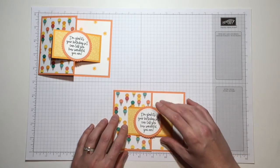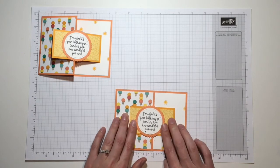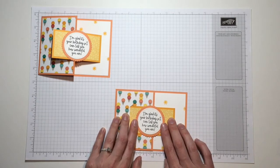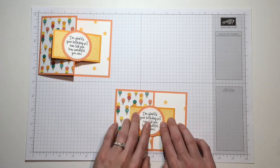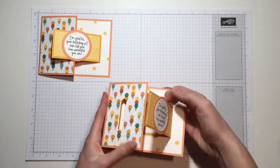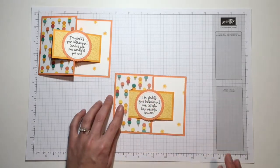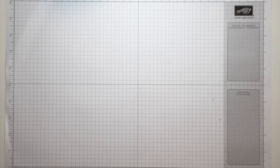And the part that I'm looking at for centering is this designer series paper. Apply some pressure, and our fun fold design is complete. I absolutely love this suite of products, and I had a lot of fun creating some additional samples to share